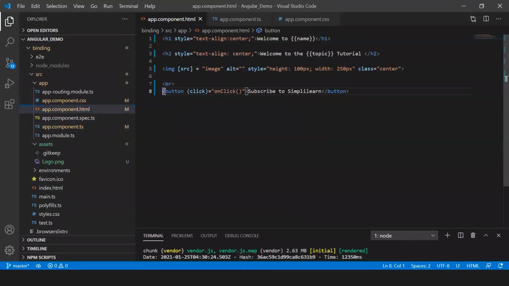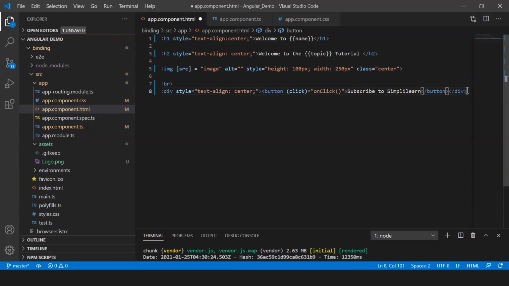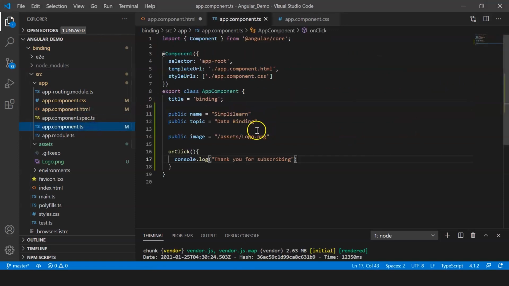Let me just center align this. First, let's say div style. Alright, so first I'm going to be creating a property, and let's just call it public value, and I'm going to just initialize it to nothing.